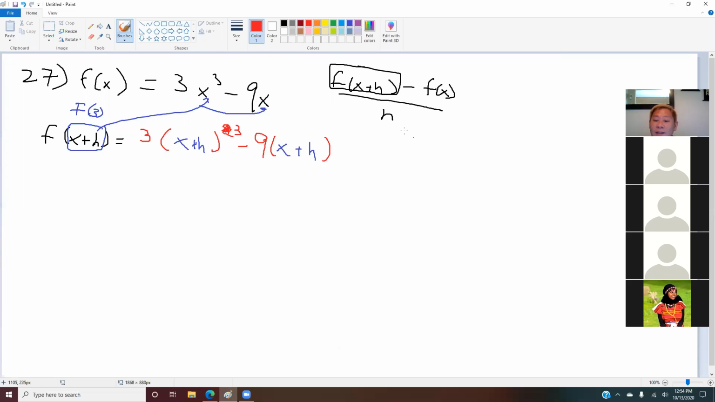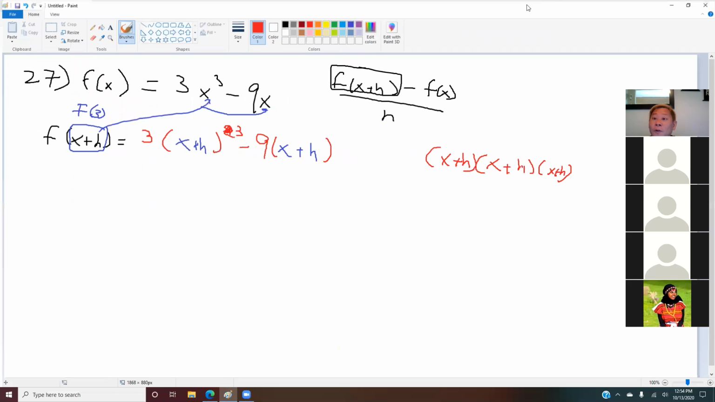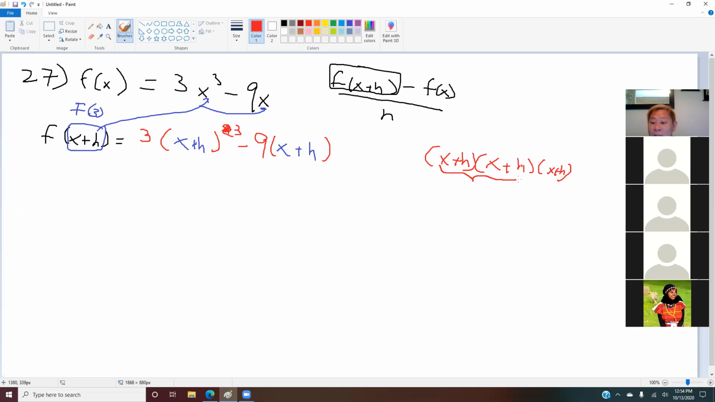So what you need to do first is you have to cube this. This cube is the same thing as multiplying by itself 3 times. So you have to FOIL it first. You have to FOIL this for 2, and then whatever result you get, you have to FOIL with x plus h. When you FOIL this, you will get x squared plus xh,